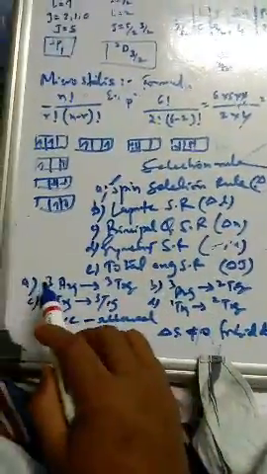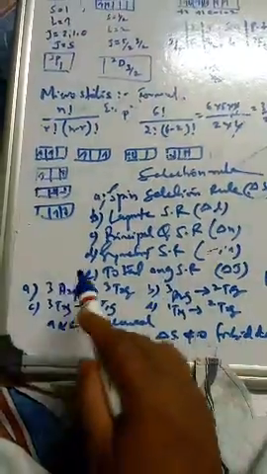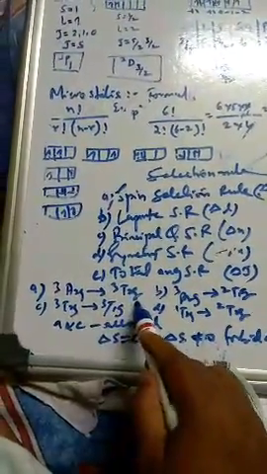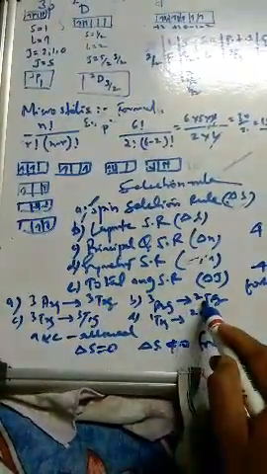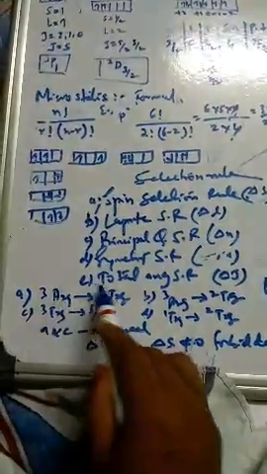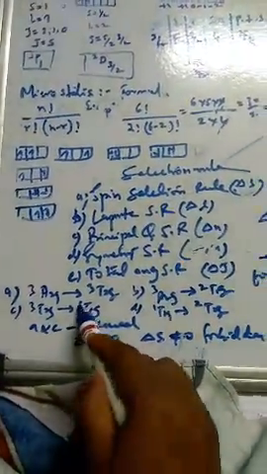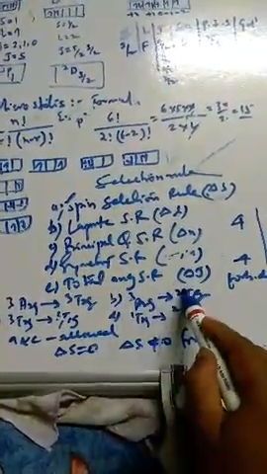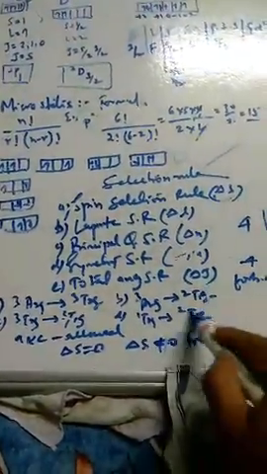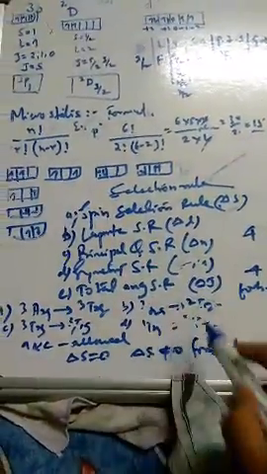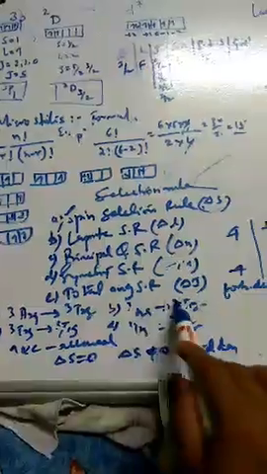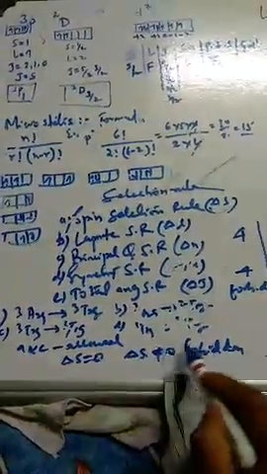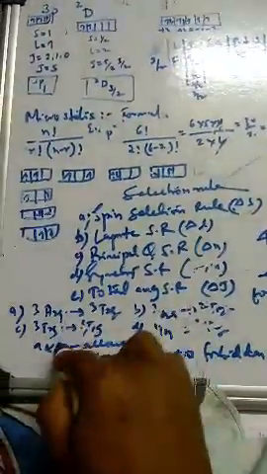For example, you can see here four transitions are given: triplet A2g to triplet T2g, and so on. You can see the spin multiplicity here is 3, here also 3, here also 3, here also 3, but here it is 3 and here it is 2, then 1 and 2. So this is forbidden, because here delta S is not equal to 0, 3 to 2, so a difference of 1. That's why it is forbidden. These two are forbidden and these two are allowed. So this is the first selection rule.